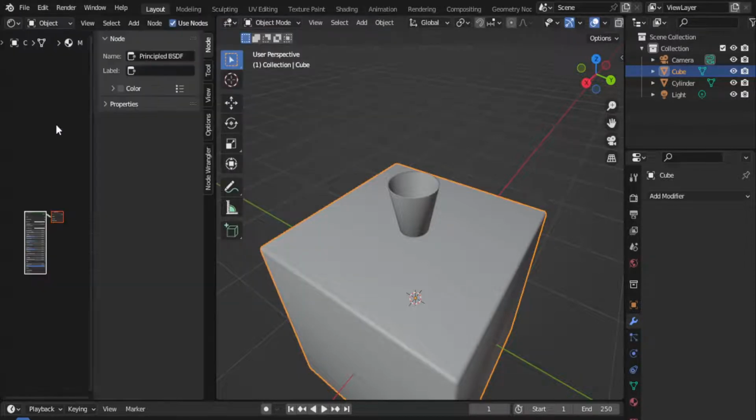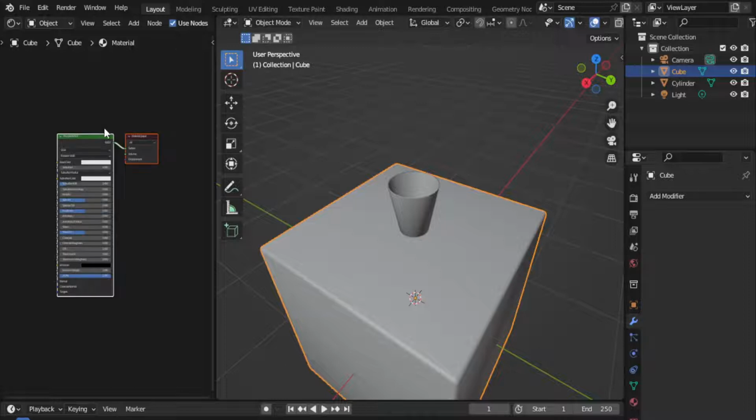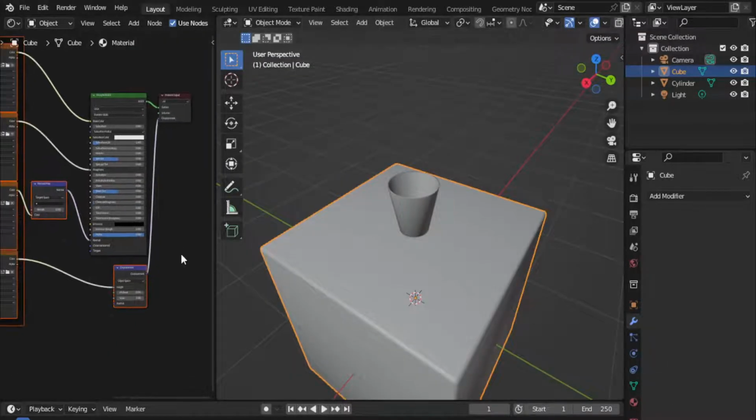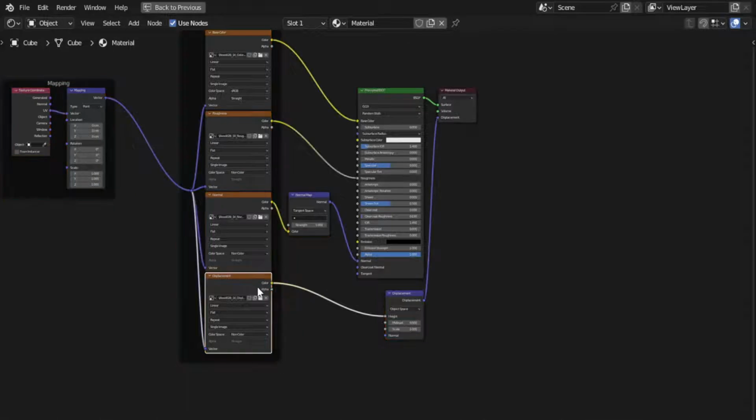In shader editor, cube will have default material. Select principled BSDF, click Ctrl Shift T, add textures, delete displacement map and node,